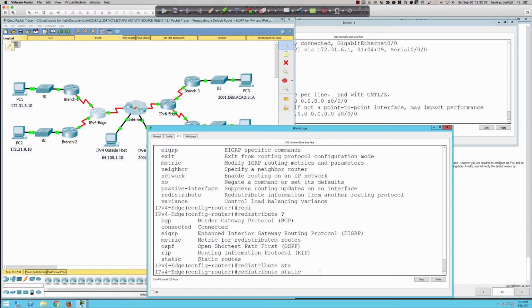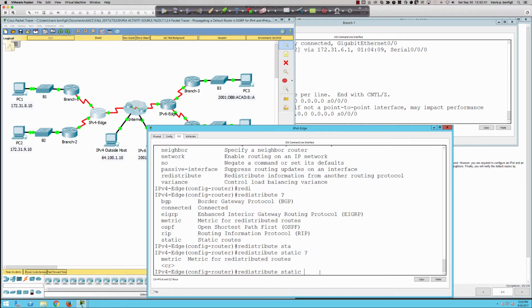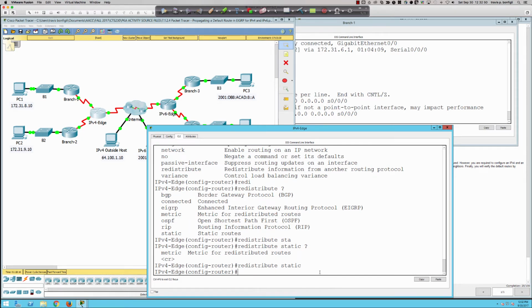You can see we can add a metric value here. We're not going to do that, right? So if I hit enter here, we're going to get our 25 points probably? Yeah, and so it bumps me to 50, right? And this is the correct answer in this context. But think about that. What if I had more than one static route? What would happen? And if you're thinking that it's going to redistribute every static route configured on the IPv4 edge